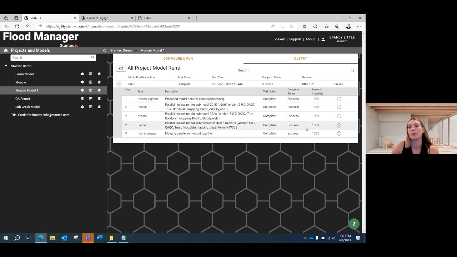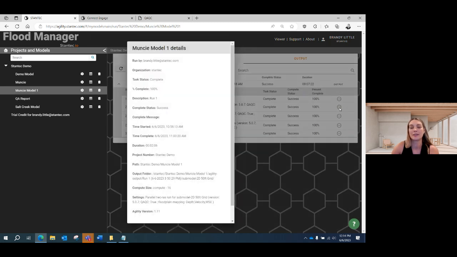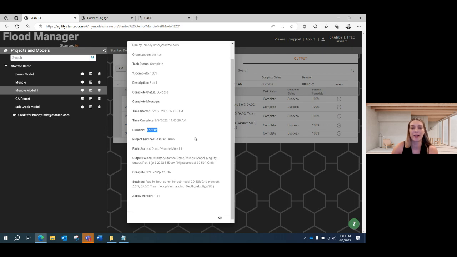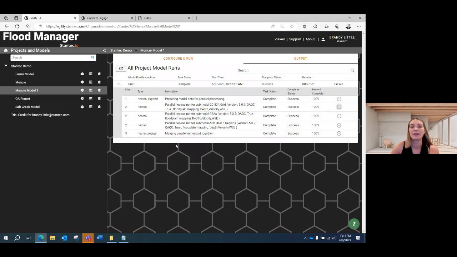So in the output, there is a details tab. This is going to provide you metadata around the model run. So we have who completed the model run, information on how long that specific plan took to run. Since I'm using the Muncie model, this one's a base model from HEC-RAS and it's very quick to run. But this will actually take you through each step.